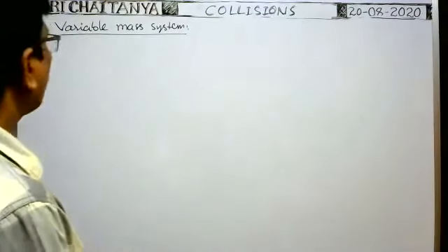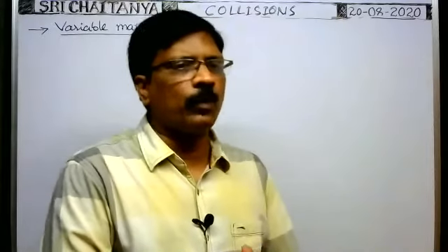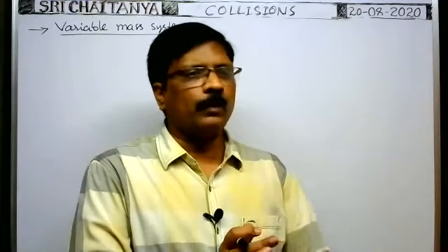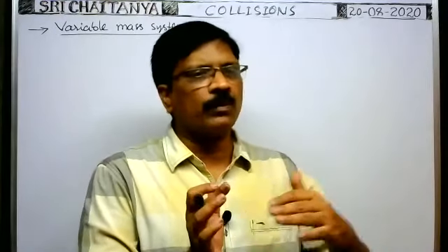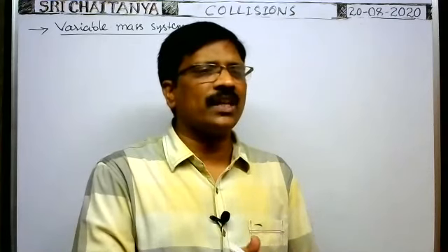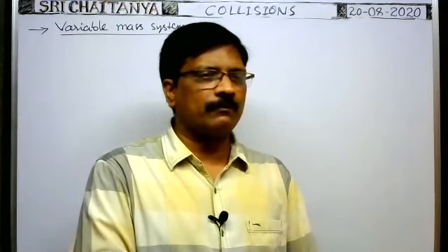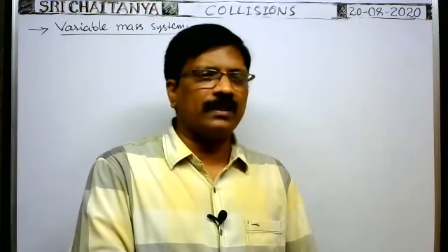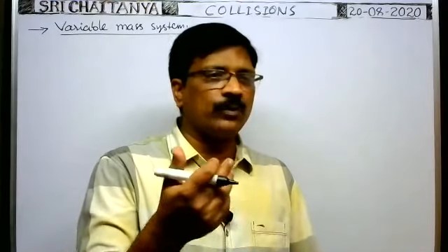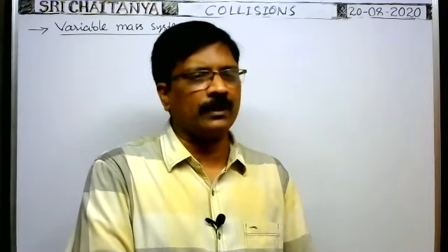Okay, now variable mass system. Here, the mass of the system or body is not constant as long as the motion is observed. Whenever the body is moving with a certain velocity in forward direction, the mass of the body gradually changes, whether increase or decrease, whatever it may be. In such case, what is the force needed, or what is the acceleration with which it travels, and how the velocity varies with the time, how does the acceleration vary with the time, we have to discuss, everyone.